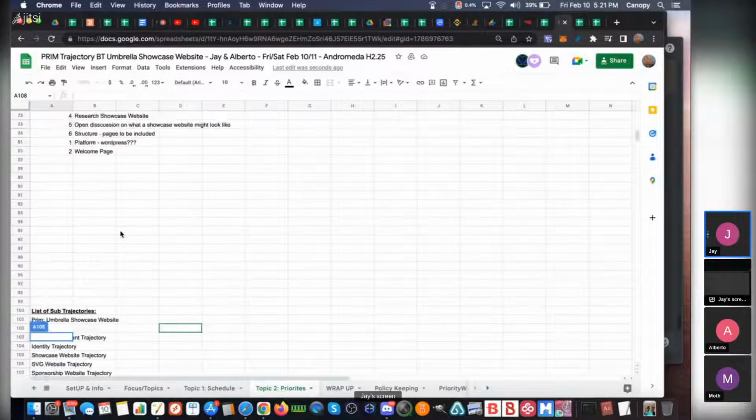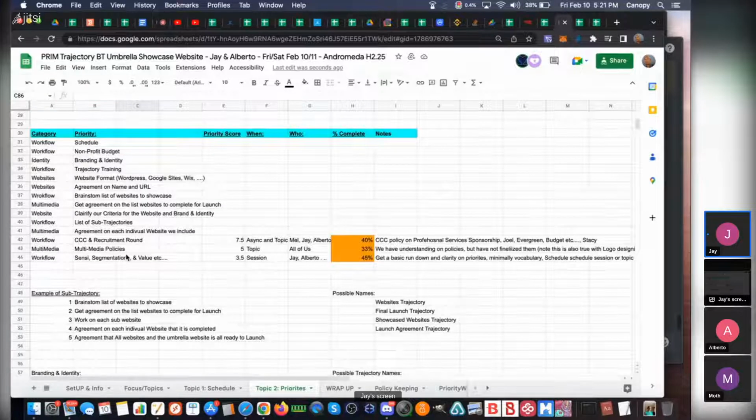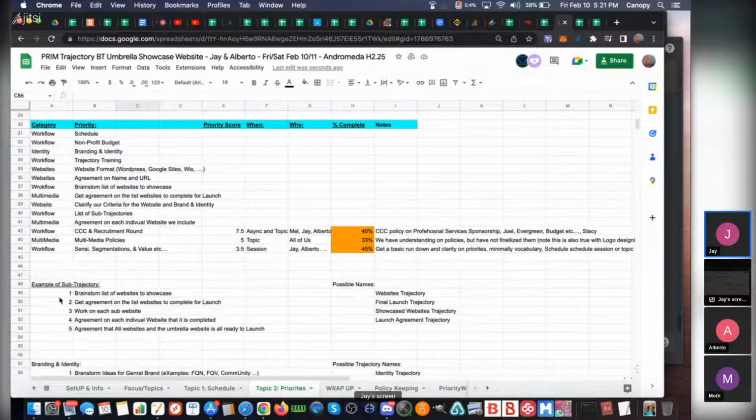That brings up another thing. We need the criteria. That is super important. So where does the criteria fit in? Clarify our criteria for website, brand and identity. This is line 39. This is where trajectories is really amazing, because everything is somewhere. So the question is,